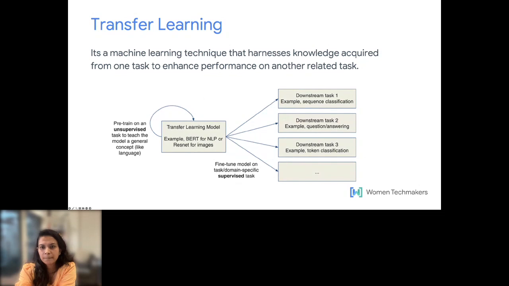So the core idea behind transfer learning is that the LLM has already acquired substantial knowledge of language and word relationships, and this existing knowledge then serves as a foundation for improving performance on new tasks such as text generation or text classification. Transfer learning also significantly reduces the amount of task specific data needed to fine tune an LLM for a new task when compared to training the model from scratch.